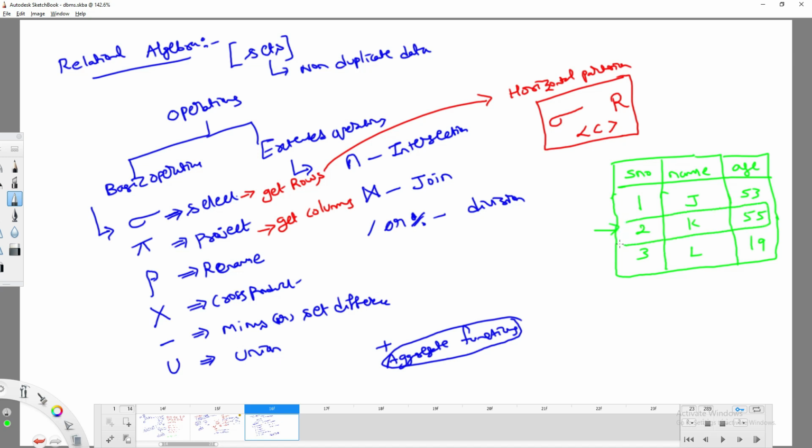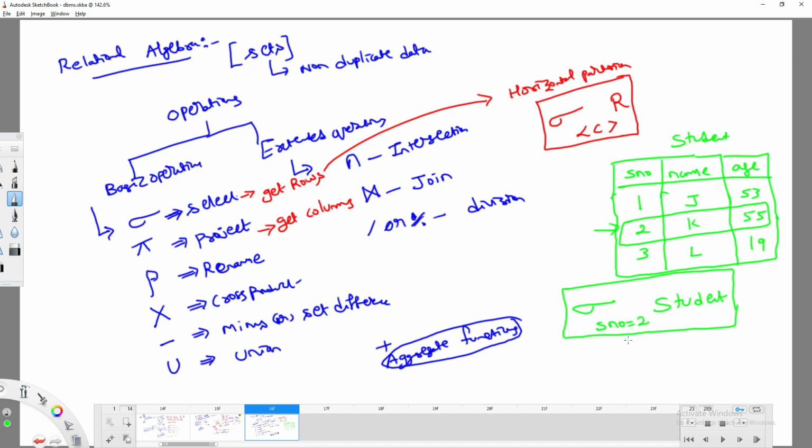As I am trying to get the complete row, what operation do I have to do? I compulsorily have to use the select operation. On which table? For example, the table name is student. So what table name do you write here? Student. On the student table, what operation do you perform? Select. And what is the condition? Serial number is equal to 2. So the meaning of this entire thing is, I would like to select student number equal to 2 from which table? The student table. This is a single operation.